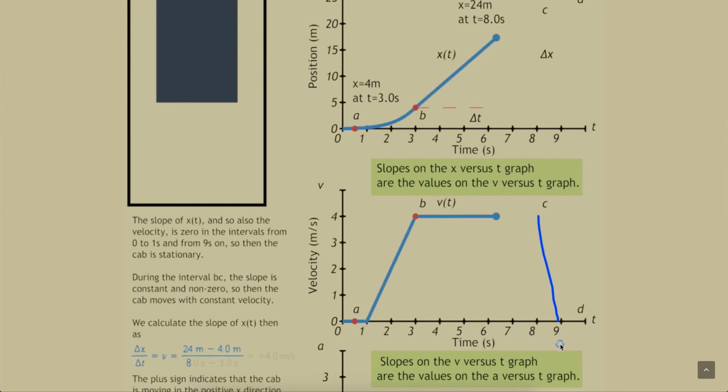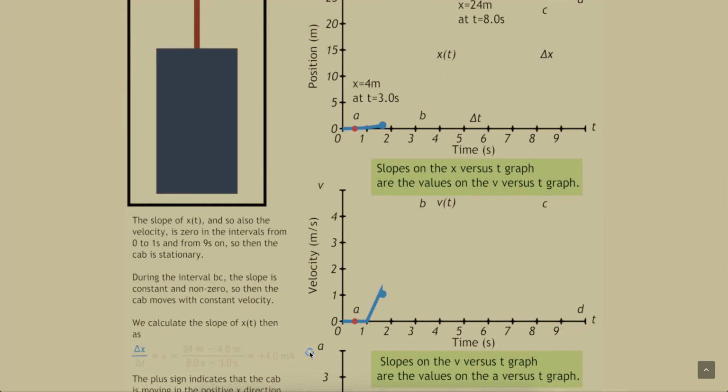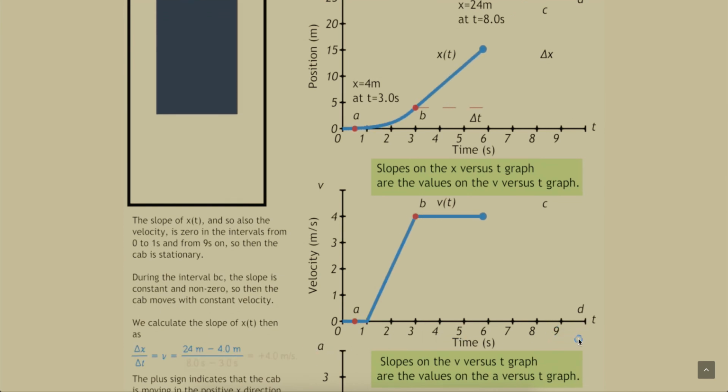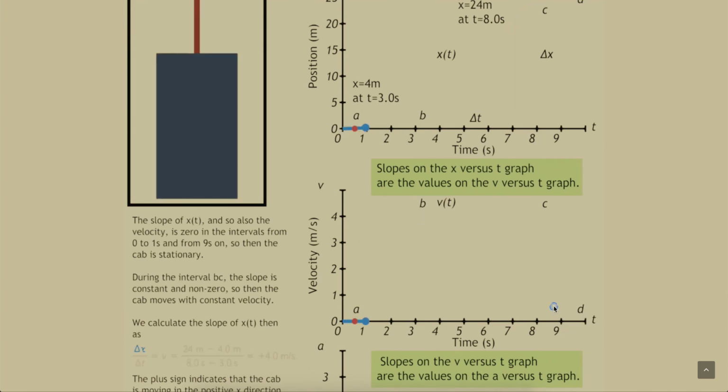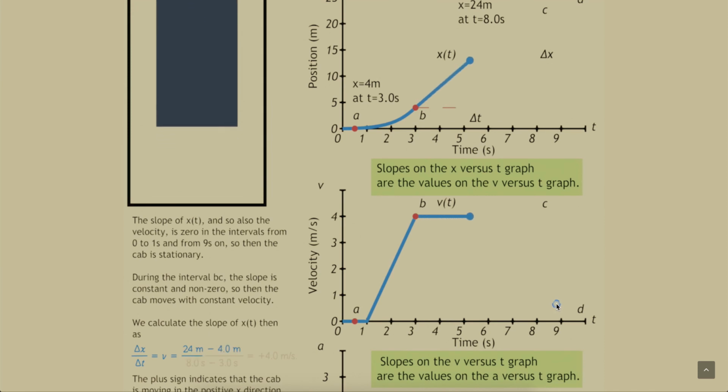To know the value of this negative acceleration, we can use delta V over delta T, which by the way is the definition of average acceleration. Something we'll see later, but essentially we are calculating the slope of that portion of the velocity curve. How do I know acceleration is negative?